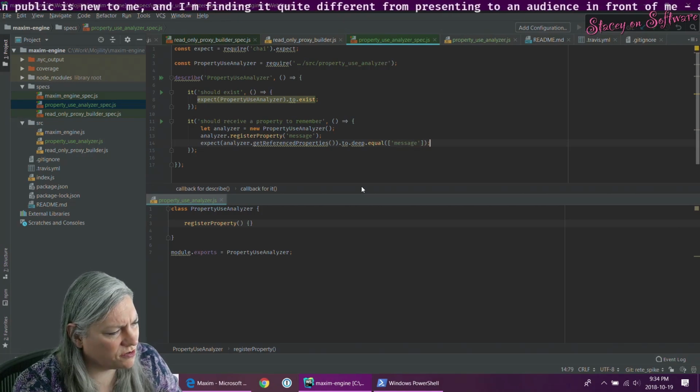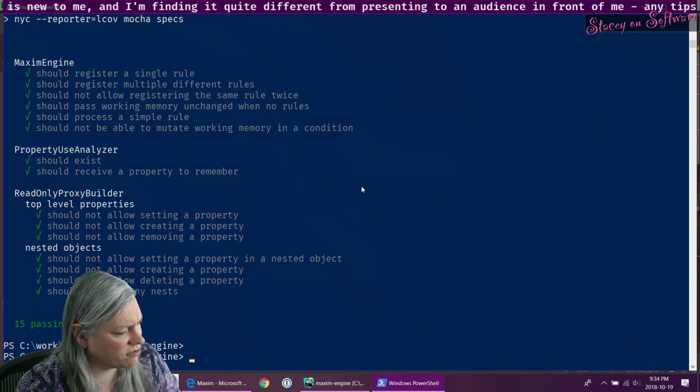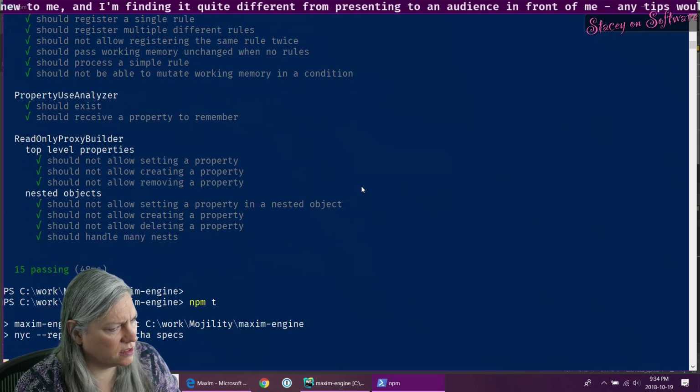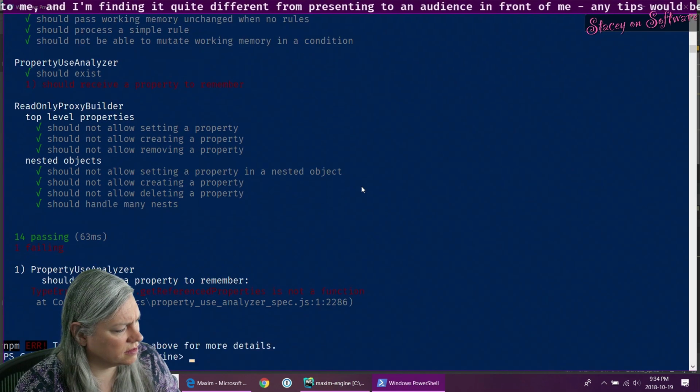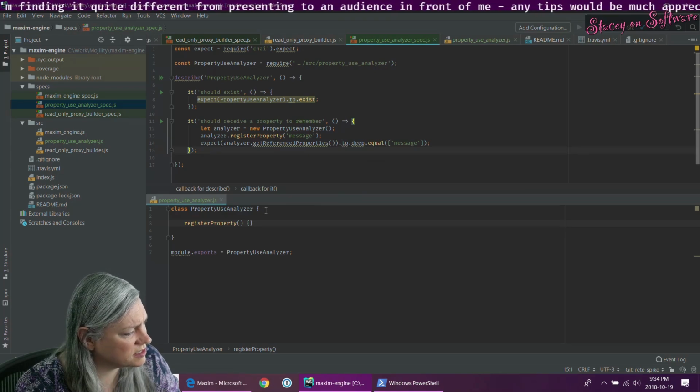Maybe that returns an array of properties that I referenced. That ought to fail. Oh, wow, I went too far with the test.